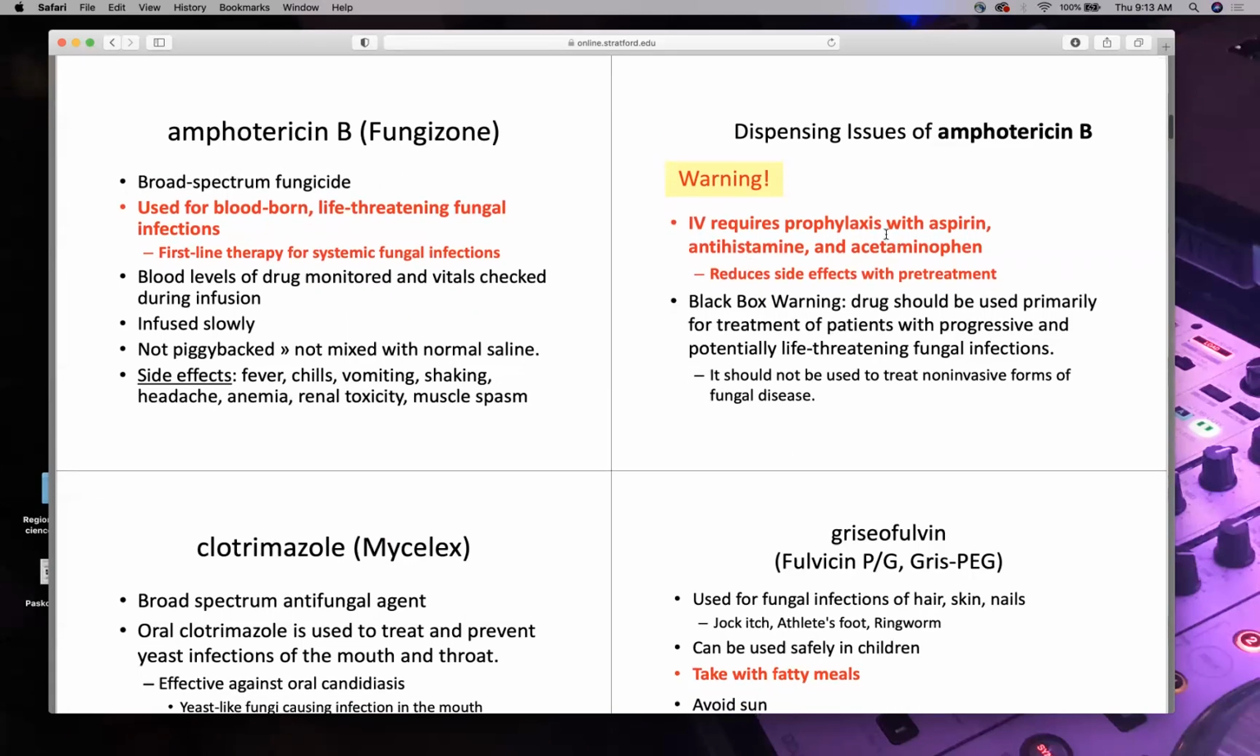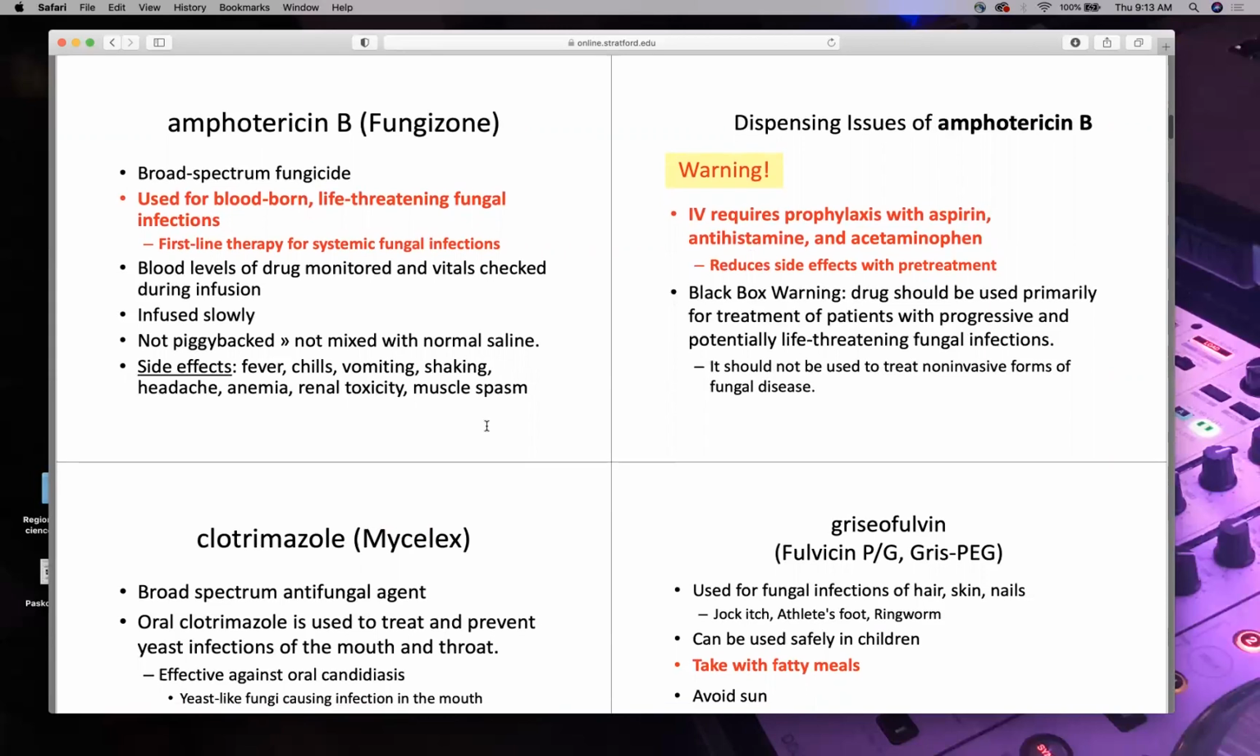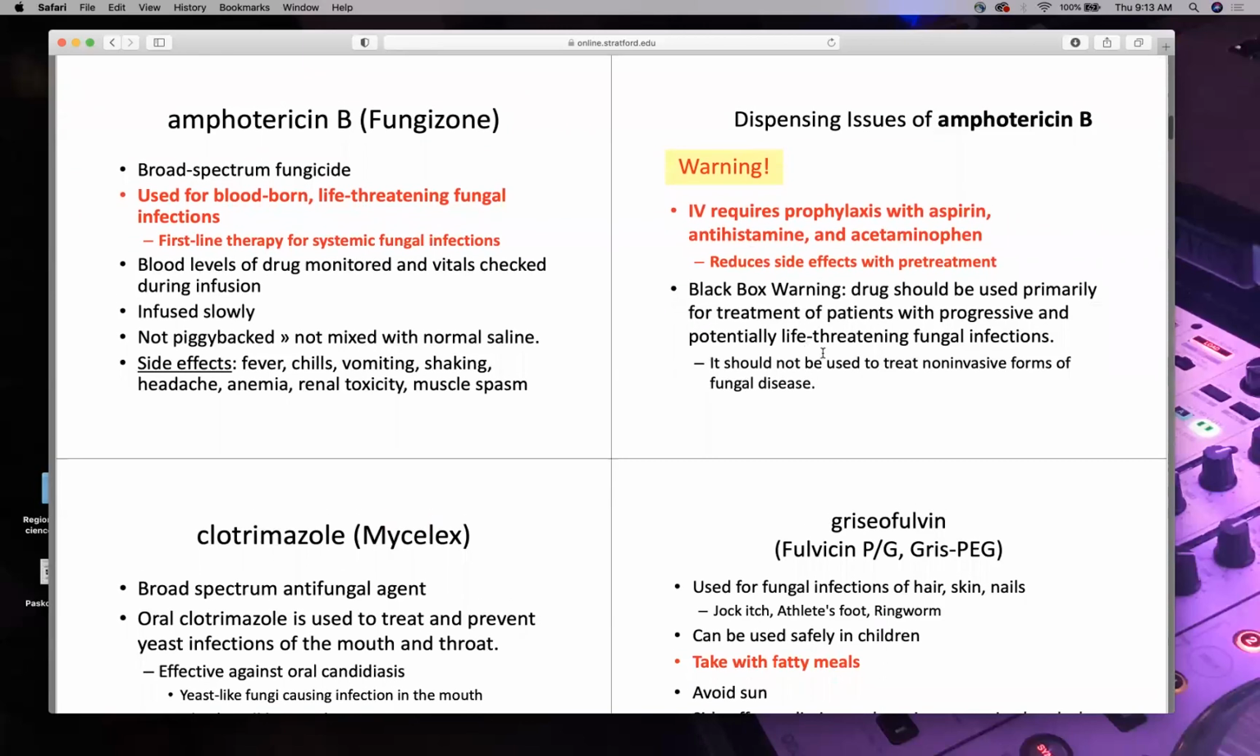Now, you need some aspirin, antihistamine, or acetaminophen because you get these side effects: fever, chills, shaking, and it's just not pleasant. Now, black box warnings, right? You'll see a little black box on the label, and just know that this is a pretty hardcore drug, and that's why it's going to have some side effects,